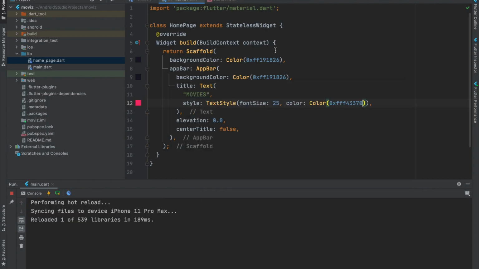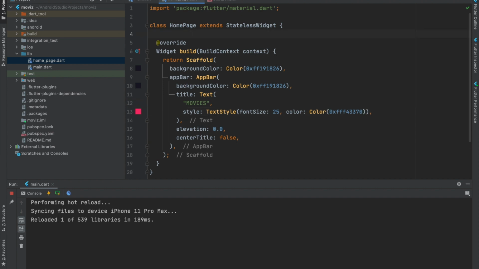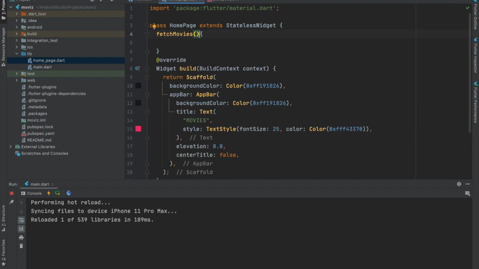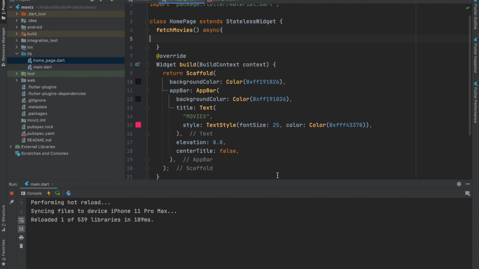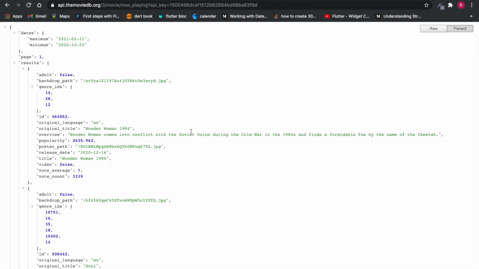Now to fetch the list of the movies, I'll create the method called fetchMovies inside the same stateless widget. And this method will be of type async. Now let's have a look at our API. So the key result here holds all the information about the movies.